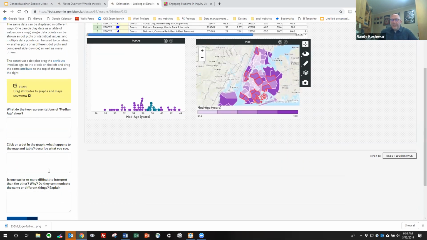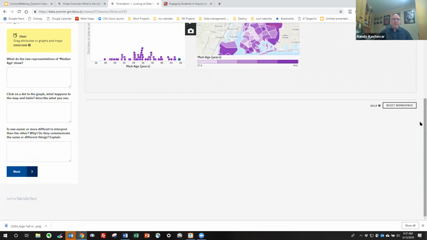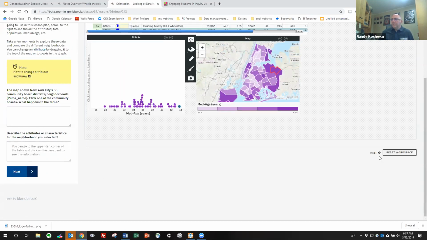We also illustrate the interactivity. So if you click on a dot on the graph, we can see that it has an impact on both the map and on the table. And then finally, we ask the students to think about what they're getting out of each of those different representations and what they're good for. So if we click next,